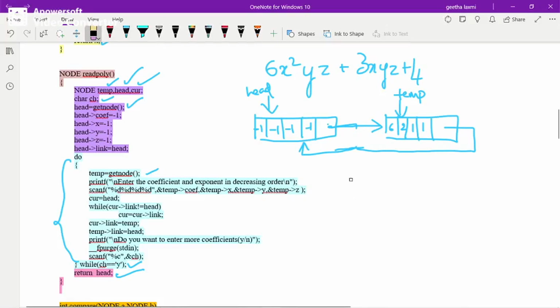This is what I am going to do every time I add a new node. So that is that connection. You can see here that connection I have shown. In this case, current link equal to temp and temp link equal to head. But what are all these? So you know that